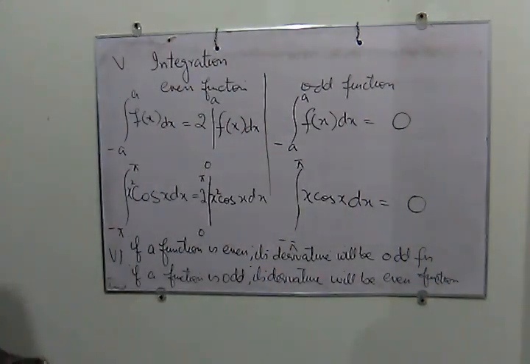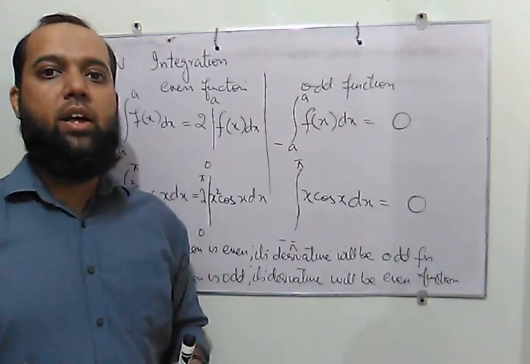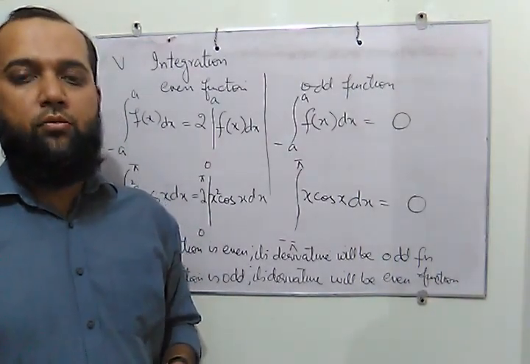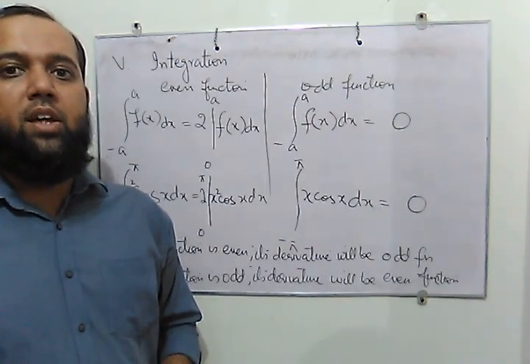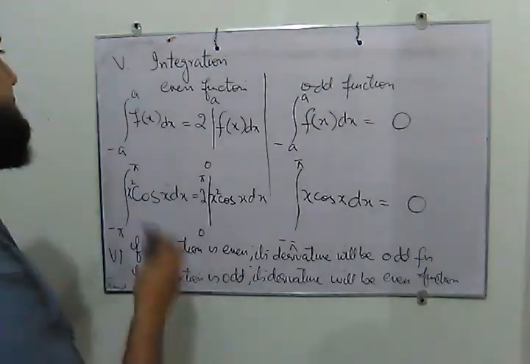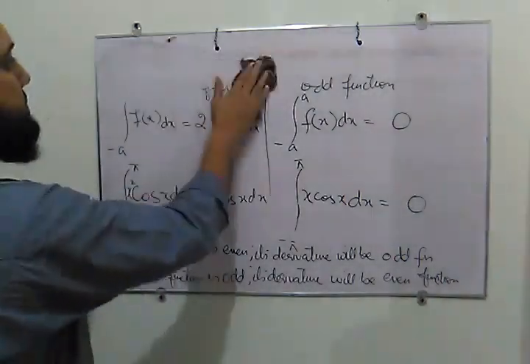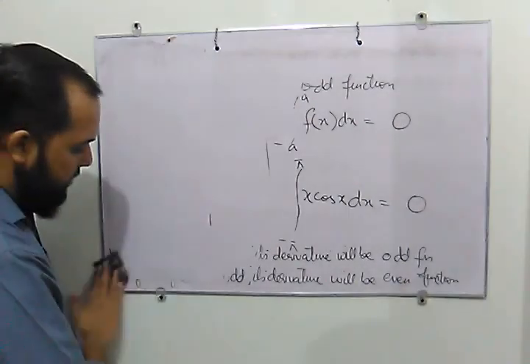So these are the 6 properties that can help us when we are solving a Fourier series question, and we will not have to solve all the things. If we know that the nature of the function is even or odd, then we can simply put the result directly by these arguments. We are going to see this when we solve a question for the Fourier series.